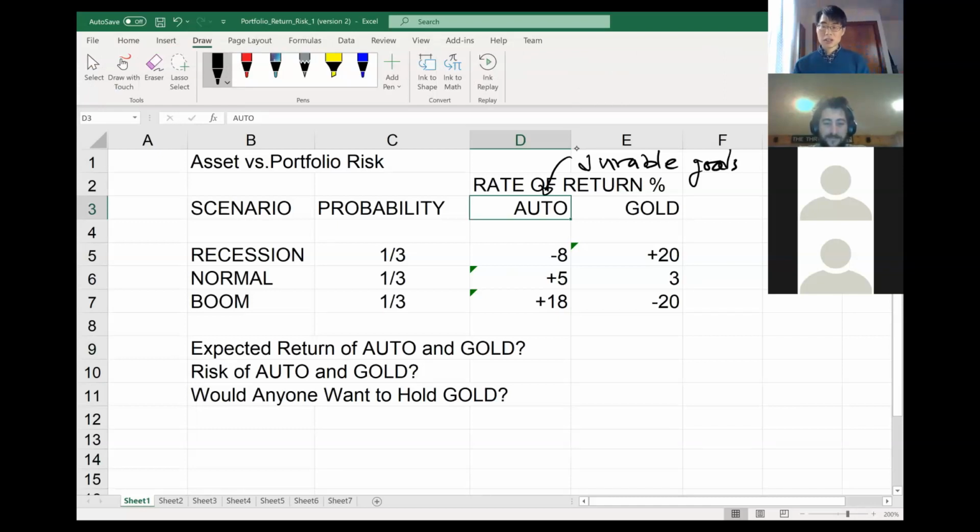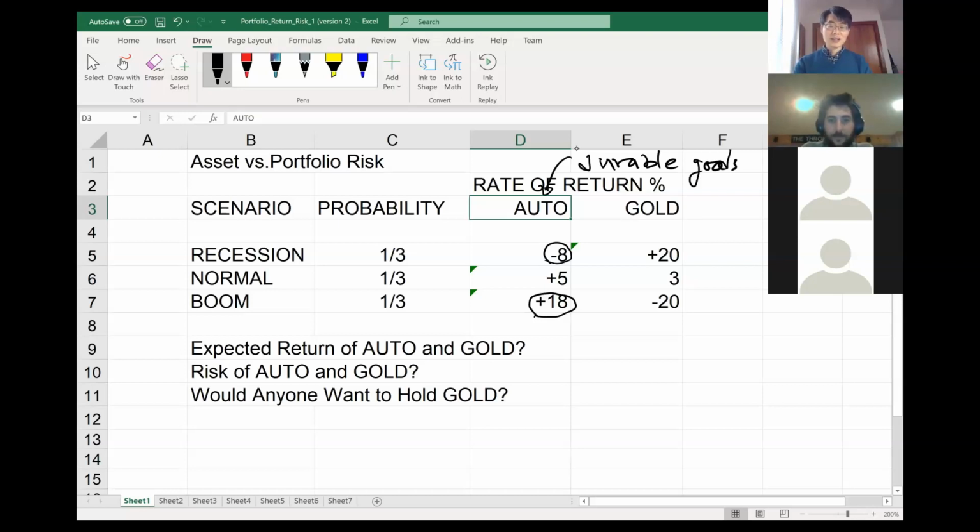Right? Durable goods are really known to be pro-cyclical. So when there is an economic boom, demand for durable goods really goes up. So car companies usually do really, really well during the boom. So if you had invested in the stocks of automobile companies during the boom, price will go up, and because of that, you will enjoy high return. During the recession, usually they do terribly, right? So we are looking at a stock of a durable goods company, so this is a pro-cyclical stock,